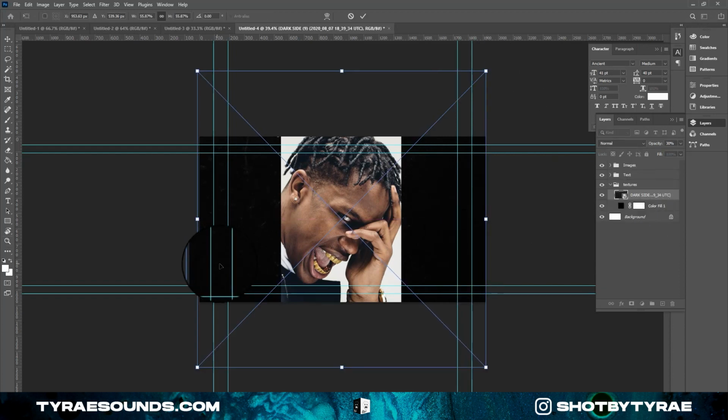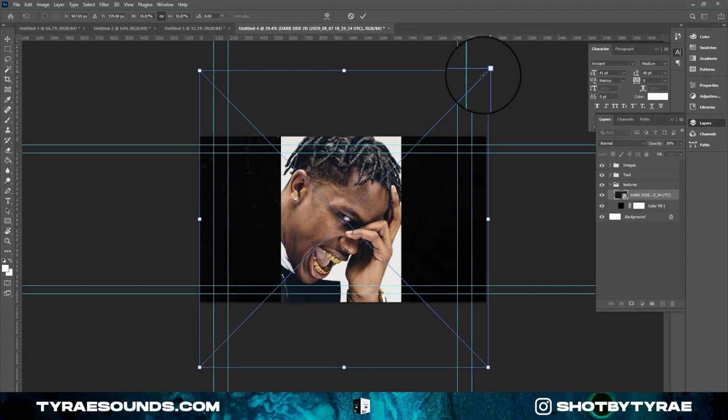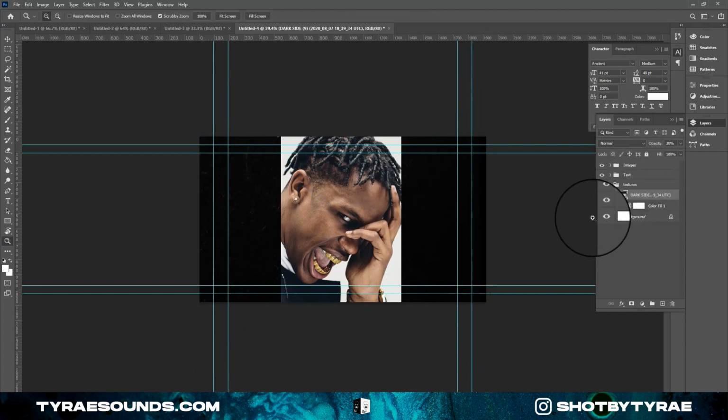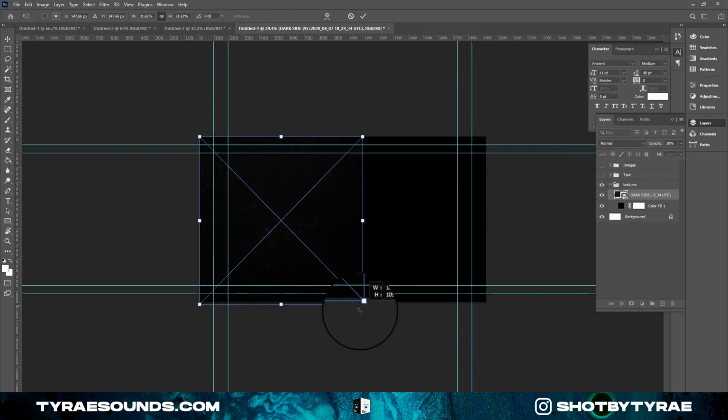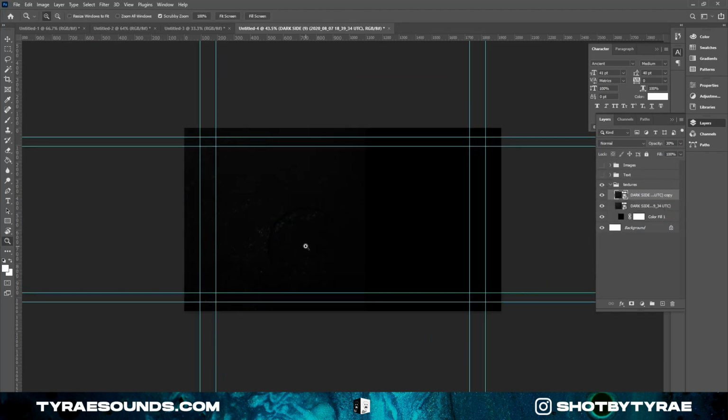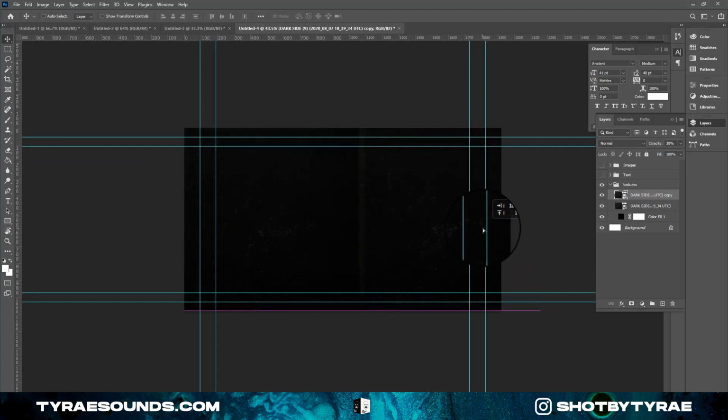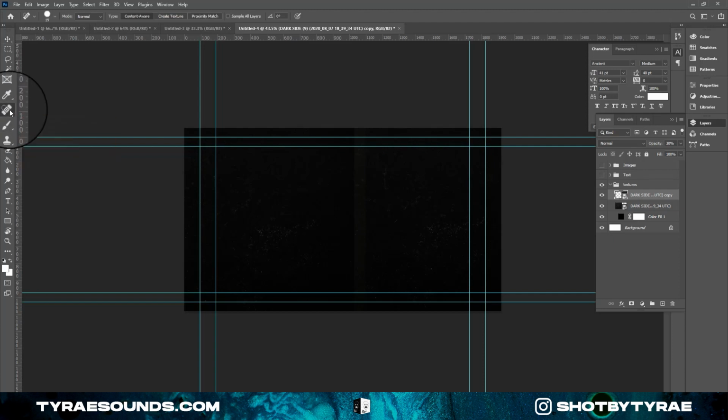If you guys don't like how zoomed in your texture is, I'm gonna show you a way to keep your texture at a high quality. Let's get rid of these ones real quick. Hit Control T, put in half of it, hit Control J to make a duplicate, and drag your dupe right, at least right here. All right, that's smooth. And what y'all could do is go to the spot healing brush tool,